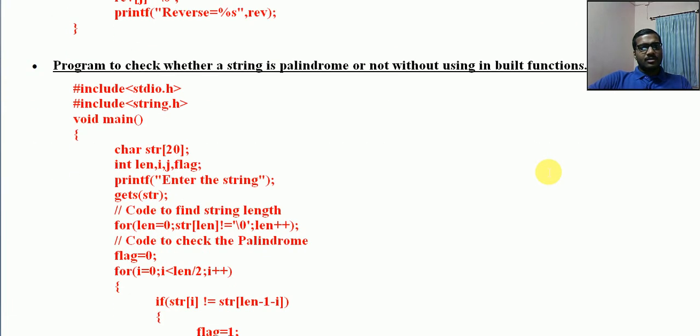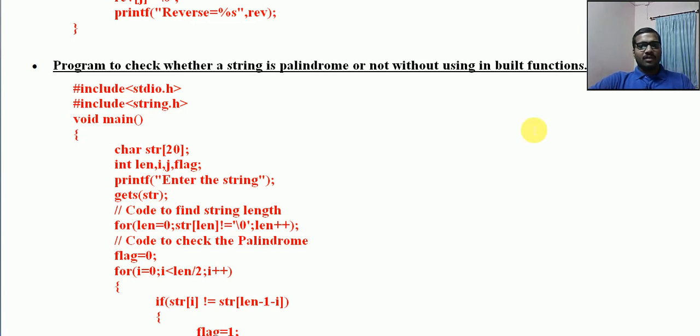That is to check whether a given string is palindrome or not. What is a palindrome string? We have already seen palindrome number. Palindrome number means the reverse is also the same thing. For example, Malayalam. Malayalam is a string. Both sides, the reverse is also the same string. If we are getting the same string in reverse also, it is called a palindrome.